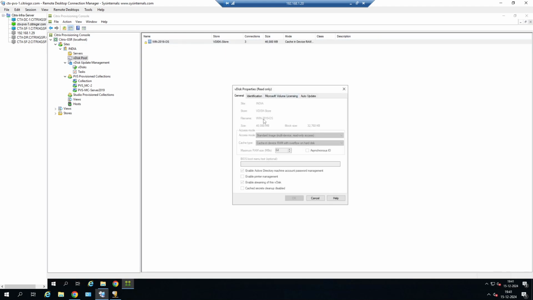So now you can see, right? This is access mode standard. Standard means multi-device, it's a read-only access. So cached in the device RAM with overflow on hard disk, but we don't have any separate hard disk. I will show you all the options once I copy the new disk. Right now it's